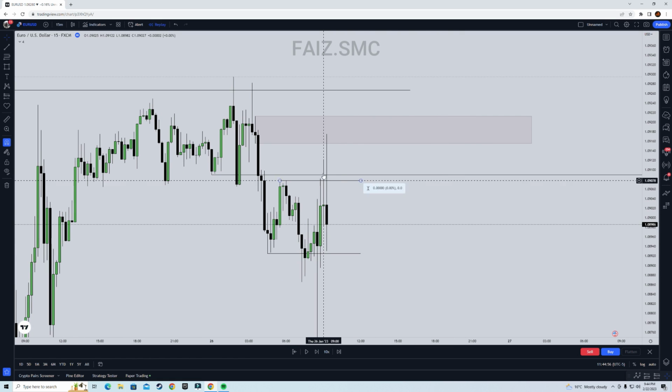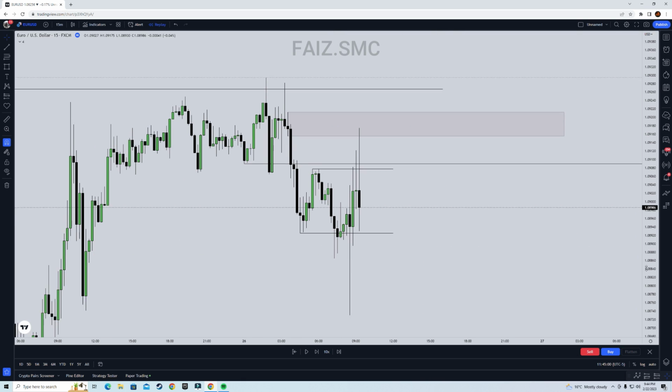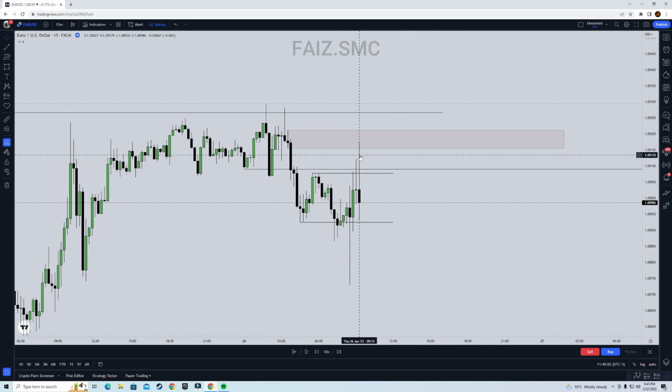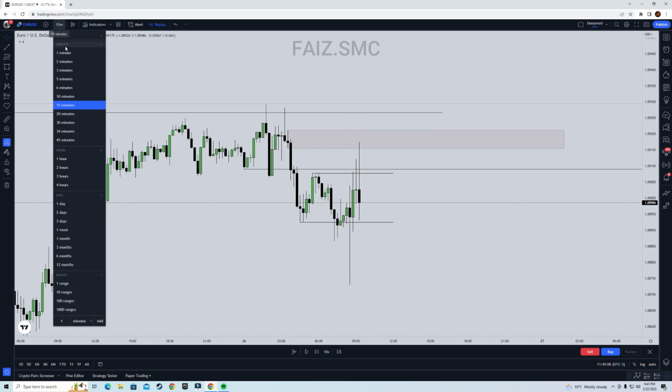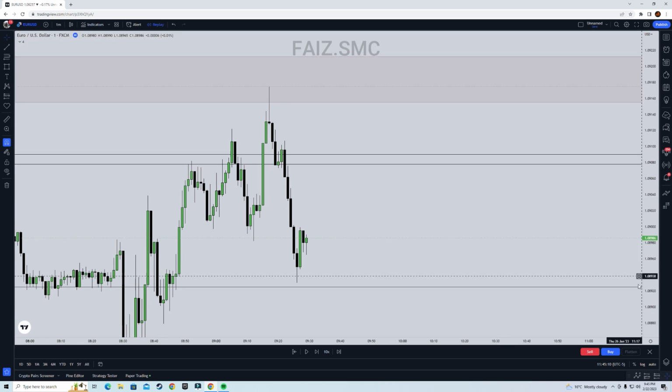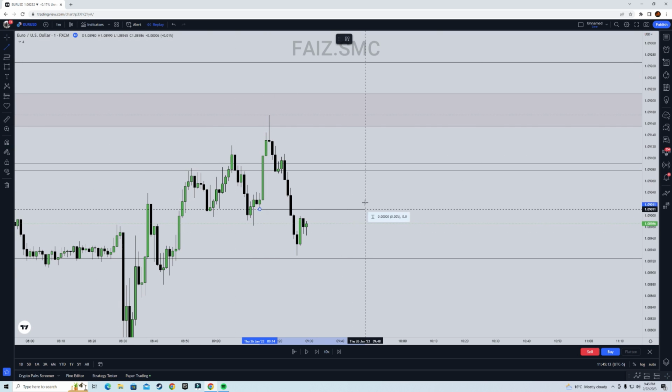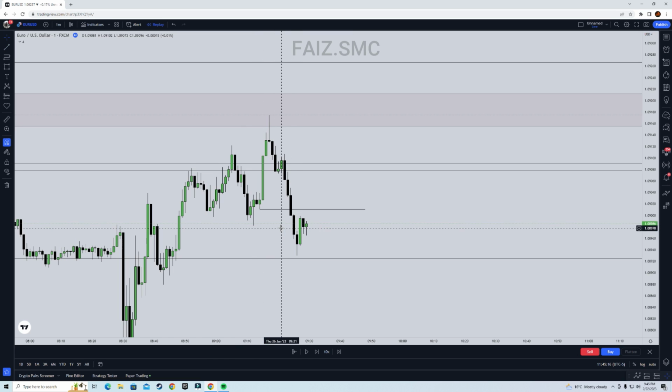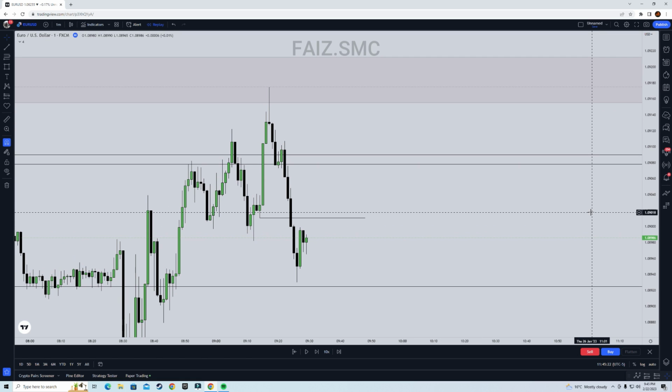And right here you can see we have a tap, and look at this rejection, guys. Now you could have took a risk entry, entered directly off this level, right? Or what you could do is you can drop down to 1 minute and look for a shift in market structure once again. So for me, this is market structure shift. You can call this a market structure shift as well. Personally, I like to trade the fractals. I would consider this as a shift in market structure as well. Now,